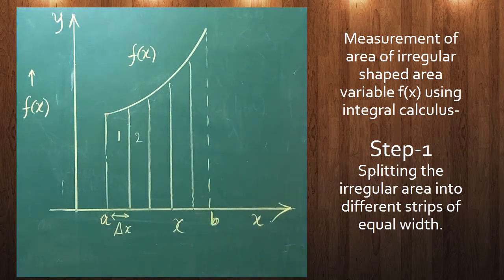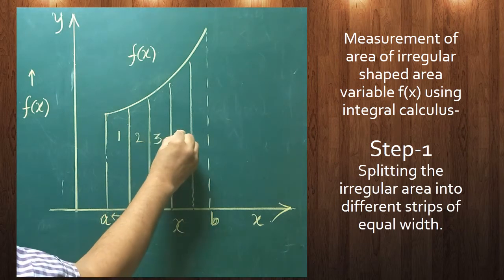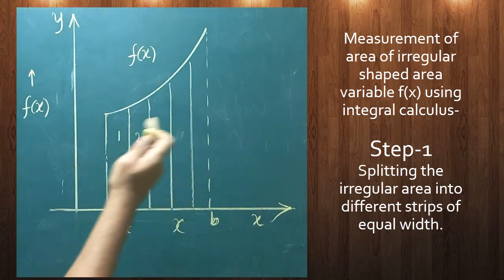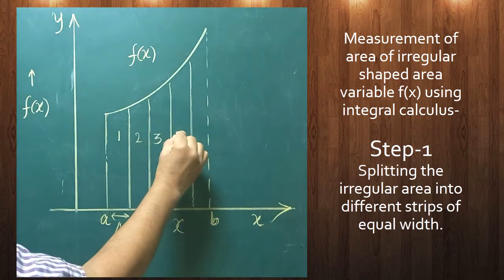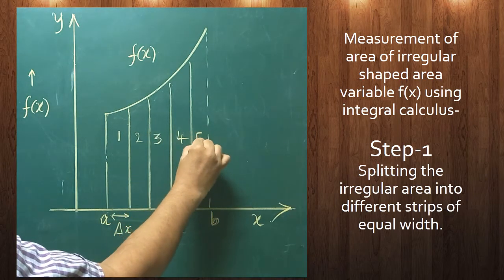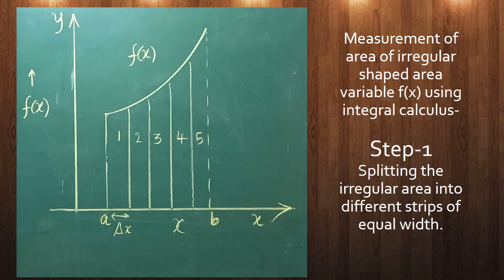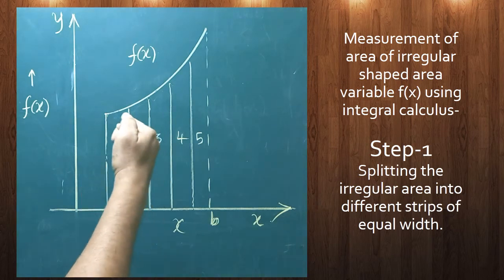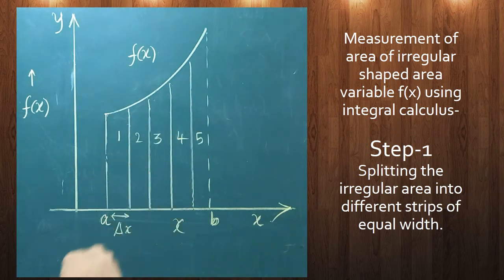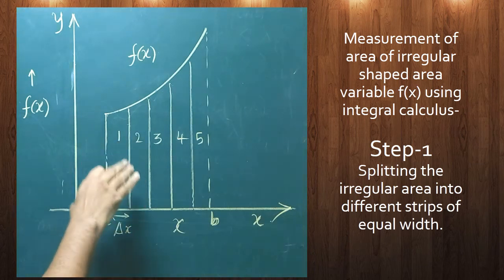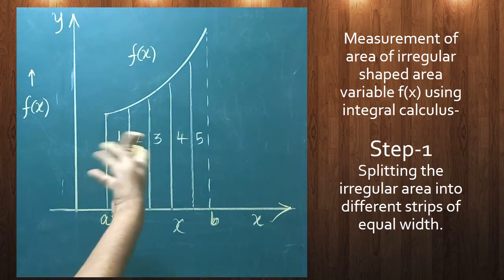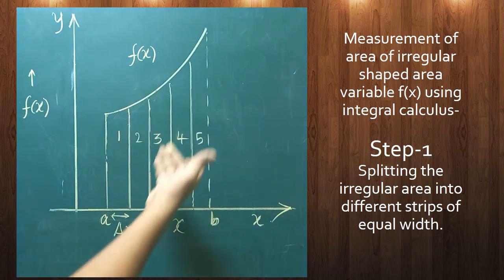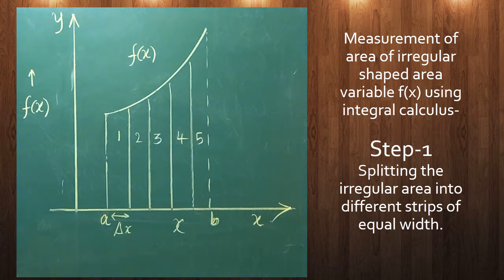Are you clear? Now, after finding the area of each strip, what can we do? We can add everything, and that adding is called the summation. That summation will be equal to integration. Finally, we are able to get the formula for integration after finding the summation. How many strips are there? 5 strips. So like that, we are able to increase the number of strips to get more accuracy. Just for explanation purpose, I have taken 5 strips. If you take more number of strips, the accuracy in finding the area will be more. Could you understand the meaning?